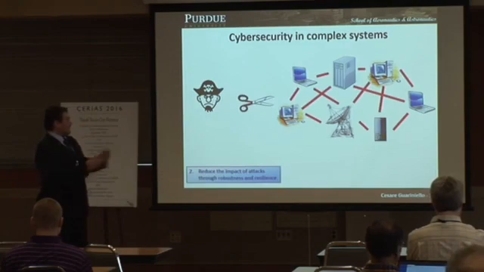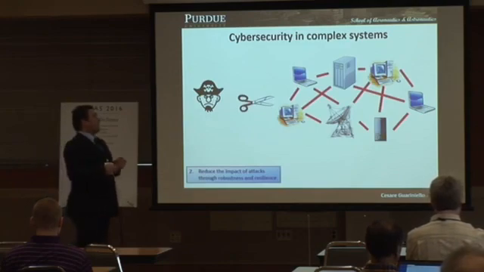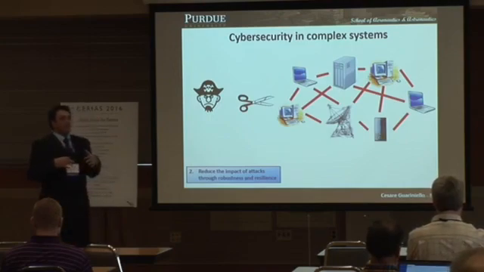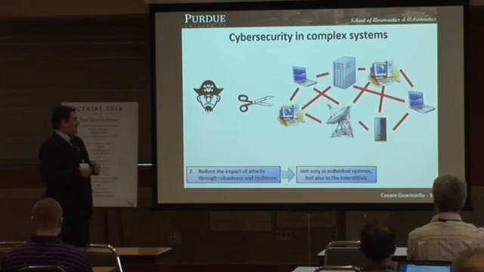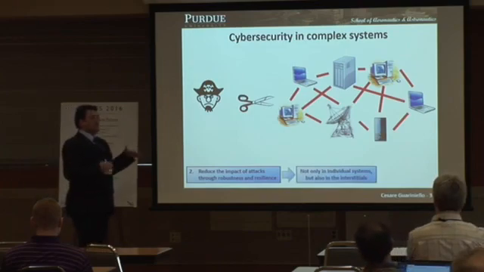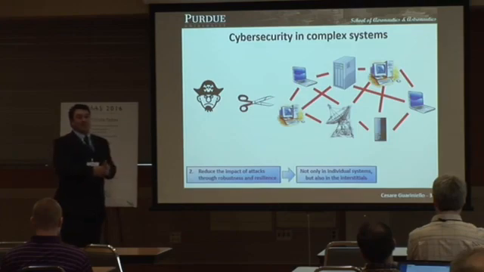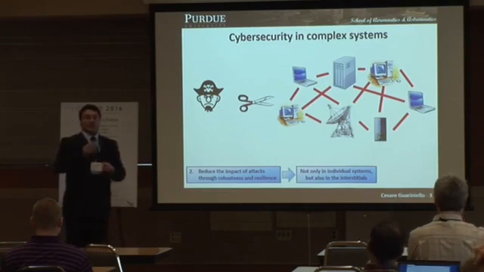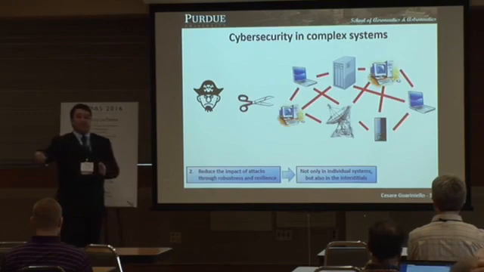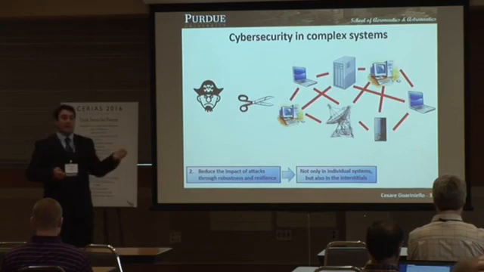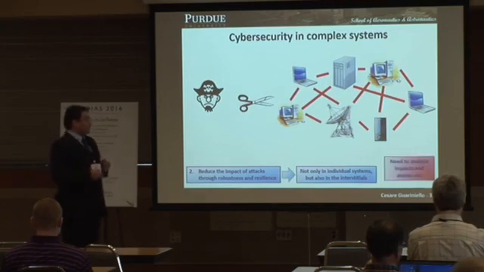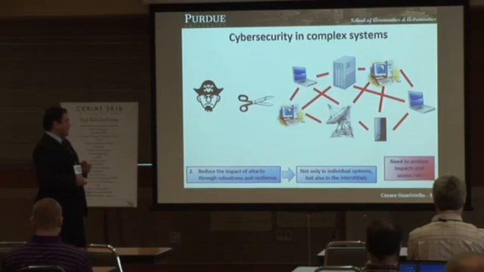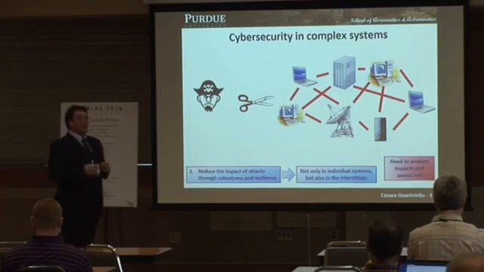Now we got another problem. We have to reduce the impact of attacks that go through the so-called interstitials. We have to try to reduce the attacks that do not affect a system directly, but that can either be attached to some connection between systems, or they can be attached to an individual system and not cause huge trouble in that system, but then cause a cascading effect that may have higher impact than we imagine. So the first step we need to do for this second part, reducing the impact of attacks, is to analyze this impact and assess what is the risk of this kind of attack.